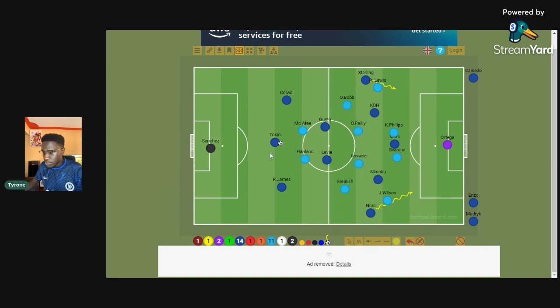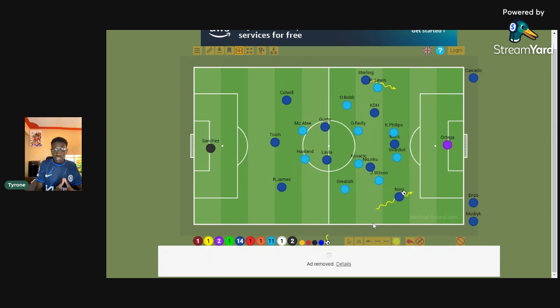And how Chelsea managed to score the third goal was because Lavia received the ball in this position. The position of Nkunku actually drew in a fullback, and Lavia was able to play a quick pass on to Noni Madueke, who was making the runs, and Noni Madueke managed to score and actually managed to assist.